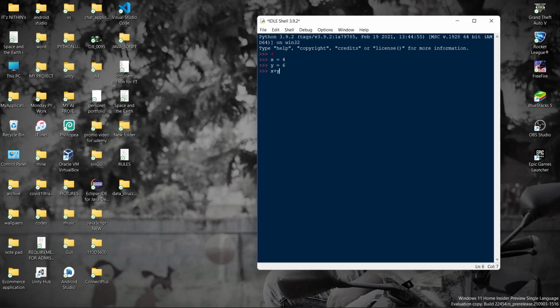In Python we just have to perform the operation, that's it. When we want to add two numbers we use the plus sign. So here we want to add x and y, and we put the plus sign in the middle of x and y. Then the output will be 10 because x is 4 and y is 6. By adding them we got 10 as output.